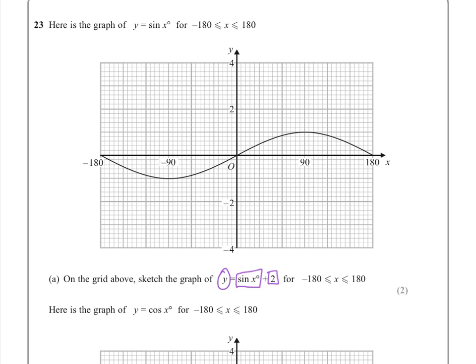So if we try, for example, this would be what 0 would give with sine x, so all we've got to do is add 2, and there's our new coordinate. At 90 degrees, on the old graph sine x, we get 1, but we've just got to go up 2, because we have to keep adding this 2. So we've got 1, 2, and there we go. There's another one, and so on. We can just keep doing that. And all we're really doing is just translating the sine x graph that we had originally up by 2, parallel to the x-axis. So we'd end up with this situation here,